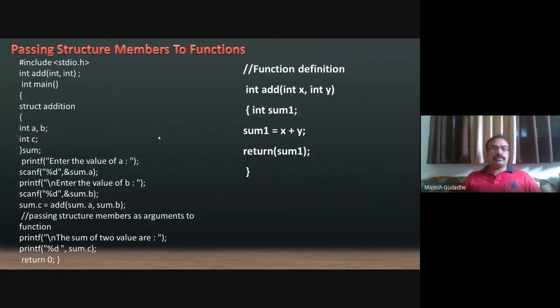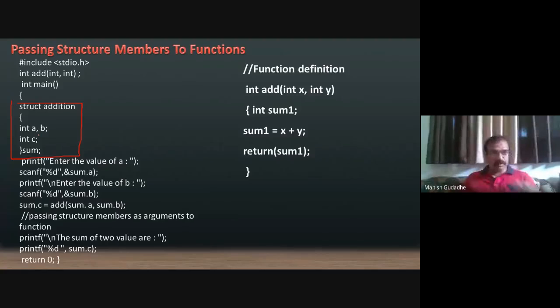Okay, so now we will see how we can pass the structure members to the function. This is a structure which is defined by the name addition.